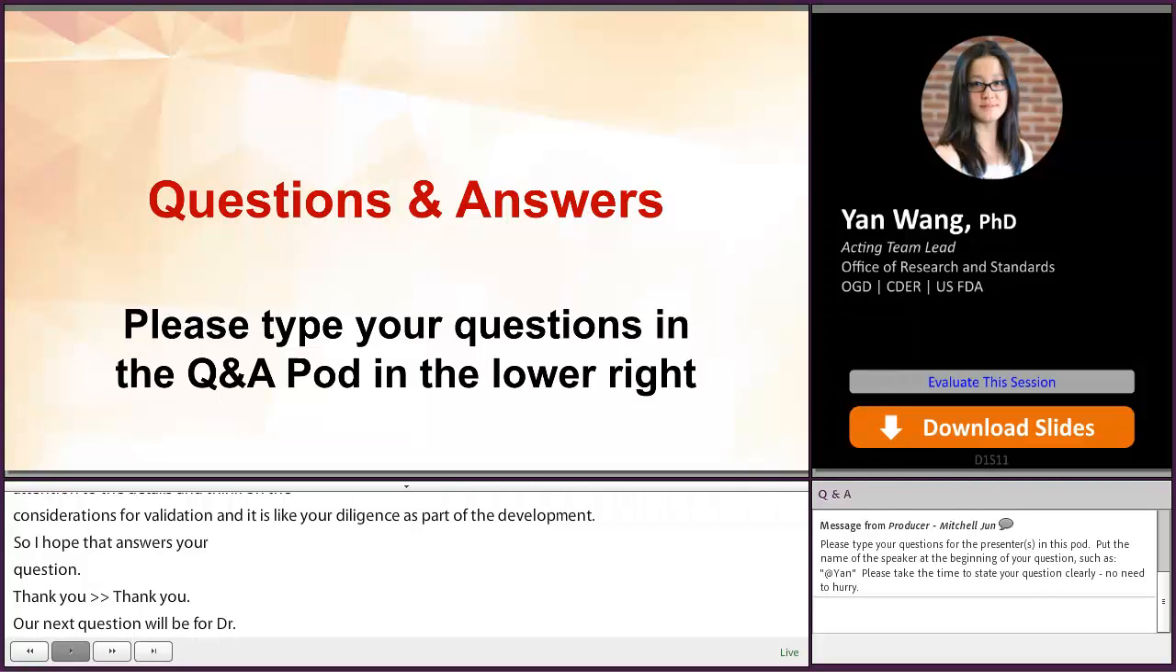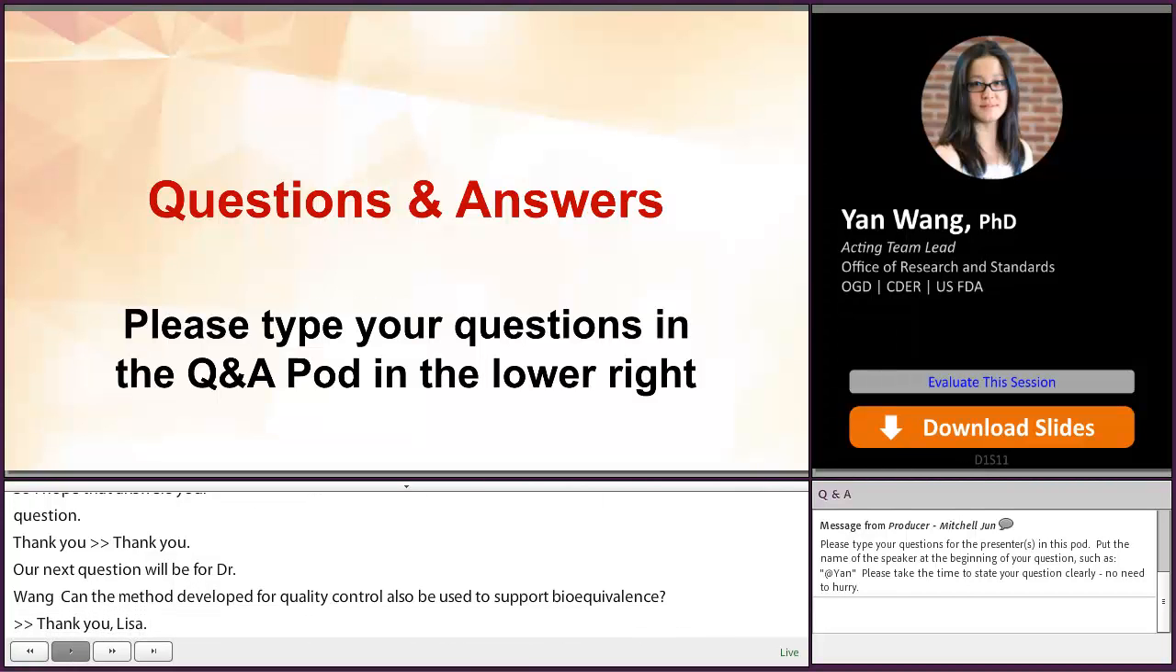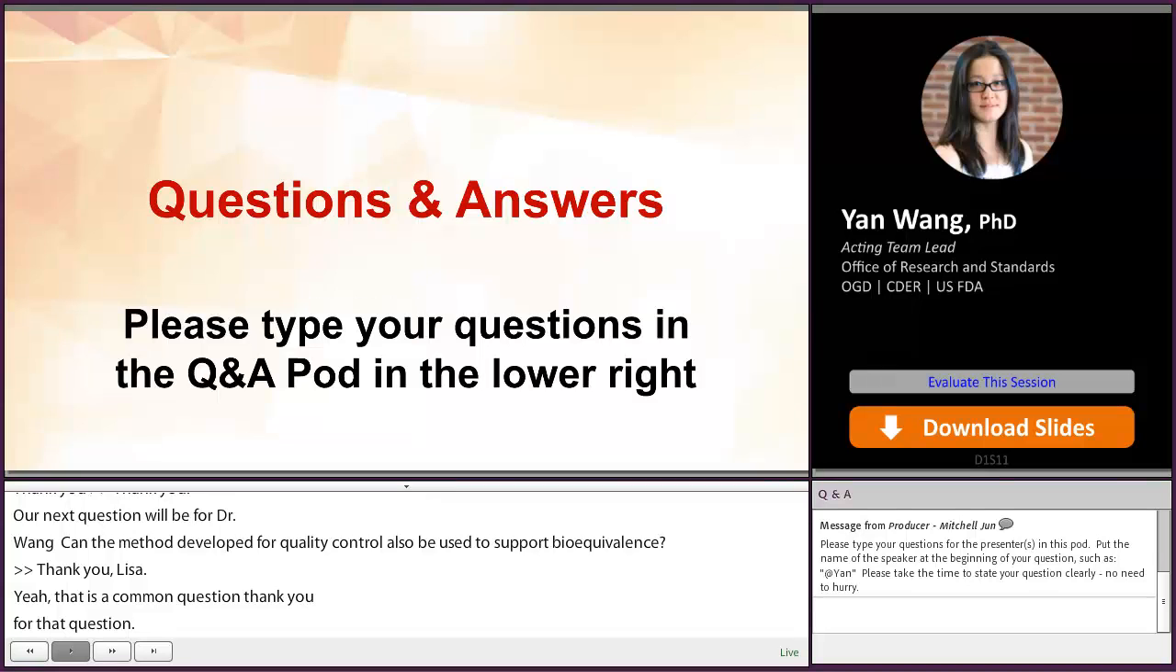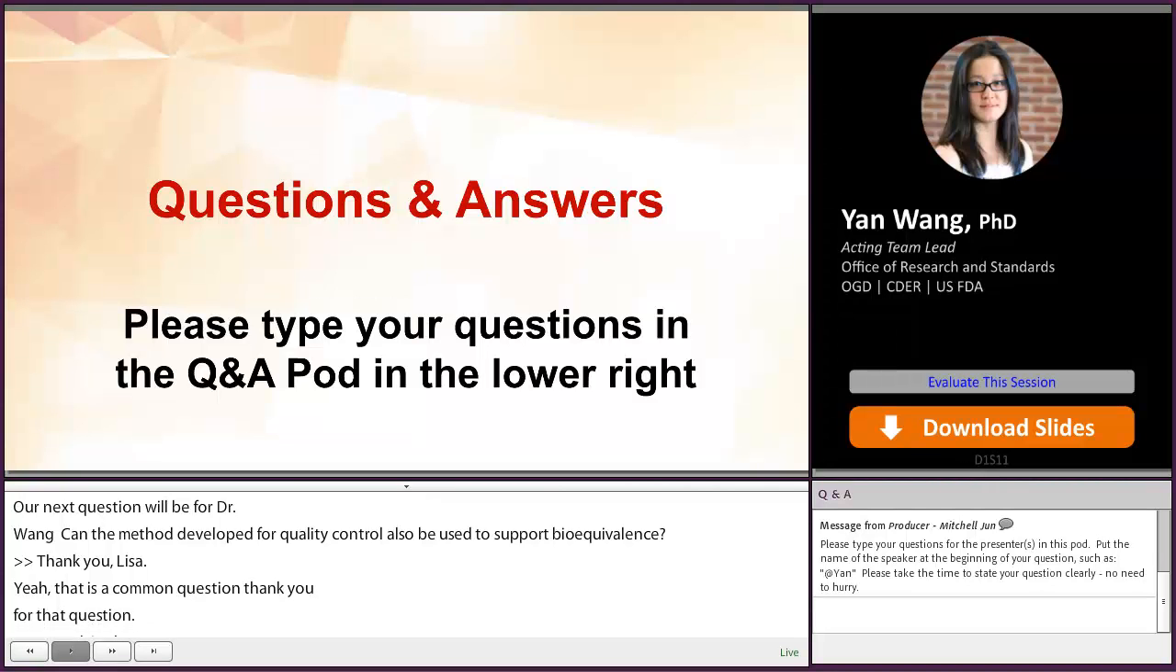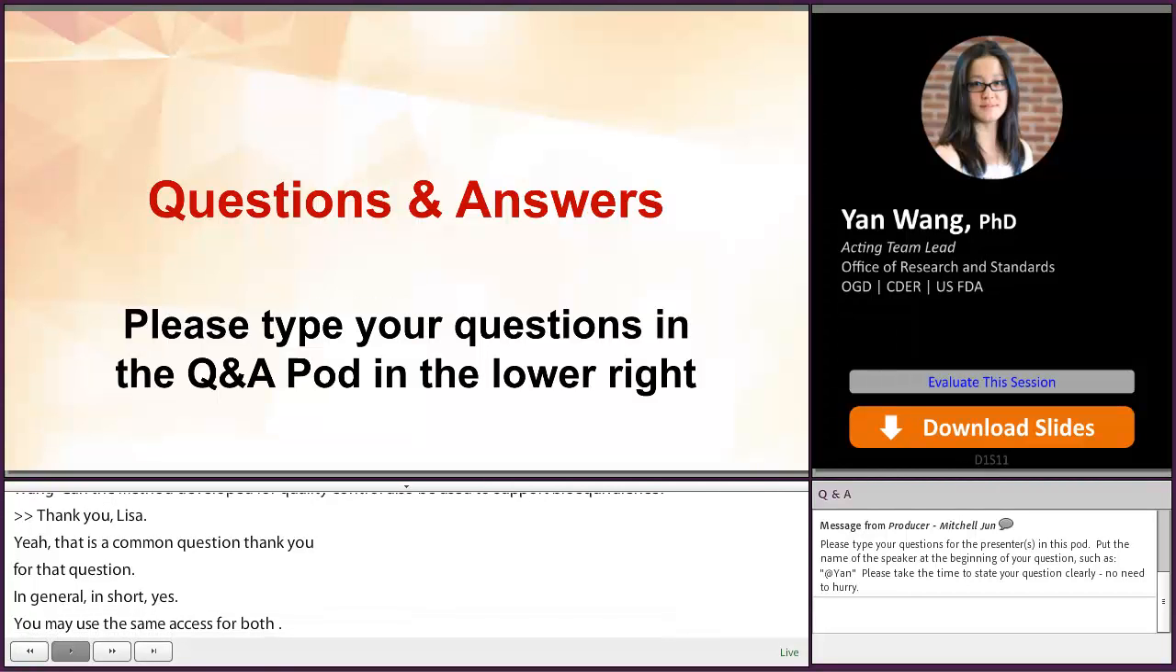Thank you, Lisa. Yeah, that's a common question we have been asked, and thank you for that question. In general, the answer, in short, is yes. You may use the same method for both BE purposes as well as QC purposes. From a scientific consideration, there really is no fundamental difference between developing an IVRT for QC versus for supporting bioequivalence. That being said,